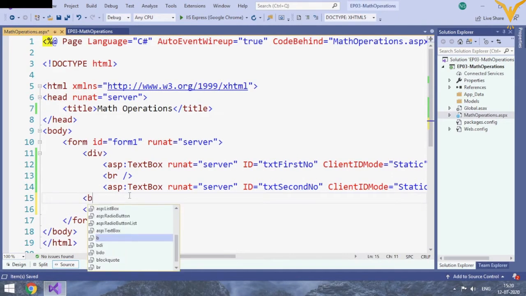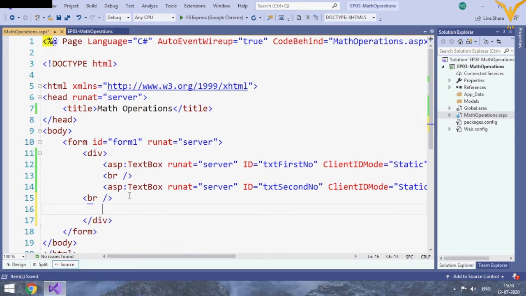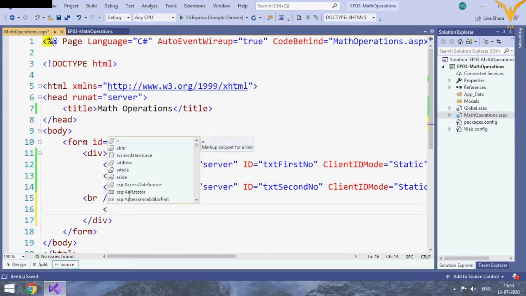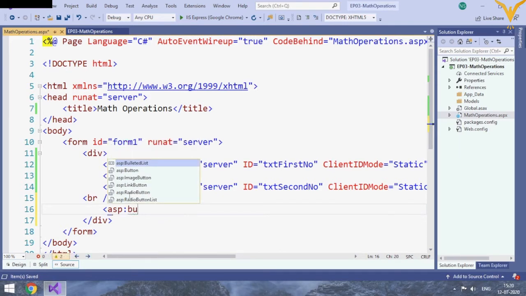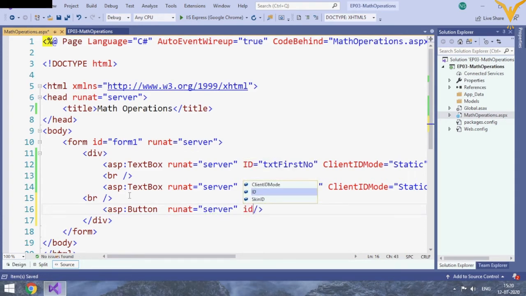After that, add again a break tag, and then add four buttons. So we will use asp colon button. Yes, asp button. Then a few attributes that are mandatory, like run at server, then id,